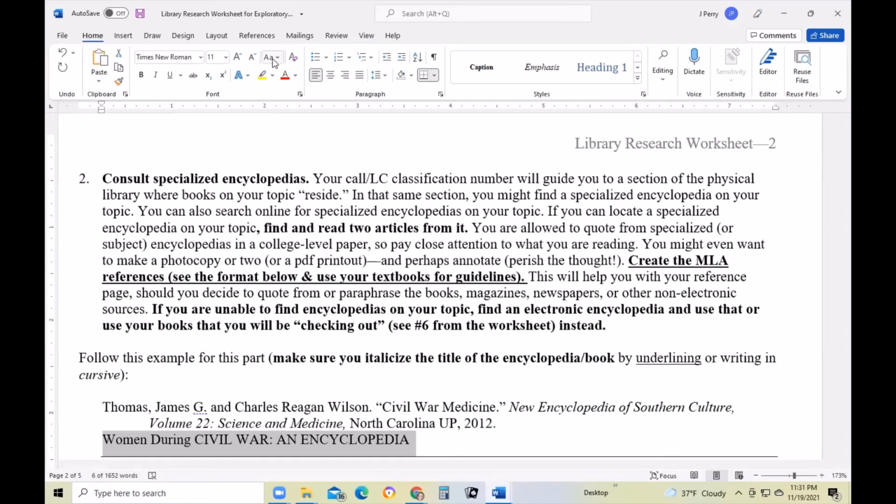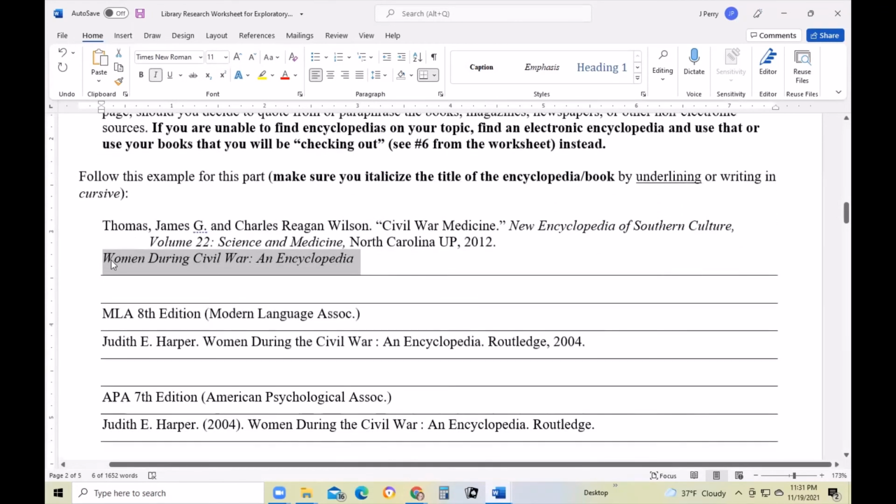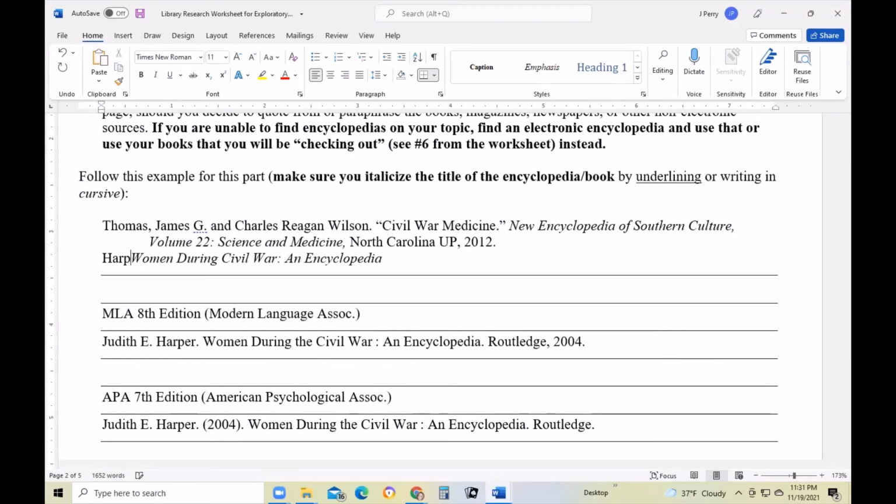So I can go up here and change it to capitalize each word, and then italicize this because this is the title of the work. And then I'm actually going to do this next part kind of by hand. Harper, Judith. And then the article, if you remember, the article I looked at was